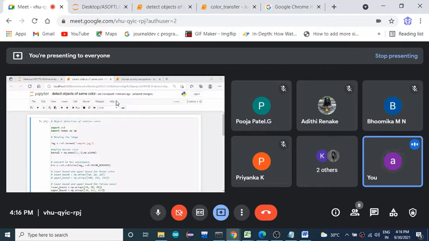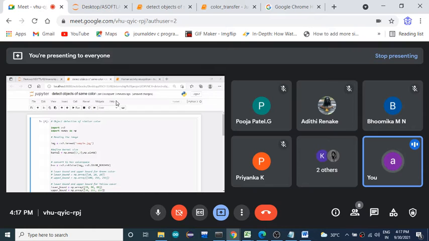Next step in this project, you need to specify the minimum and maximum color bound, that means the layer values. A colored pixel in the image is made up of 3 layers of pixel values, one for each primary color, and only the combination of the 3 layer values gives the final color pixel.